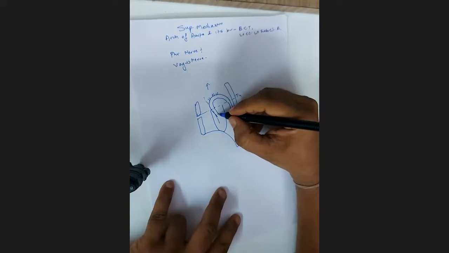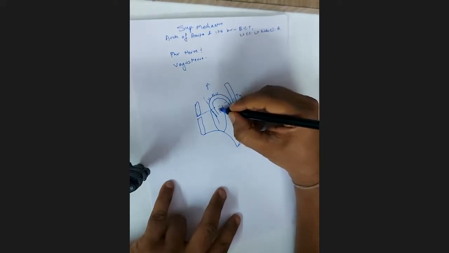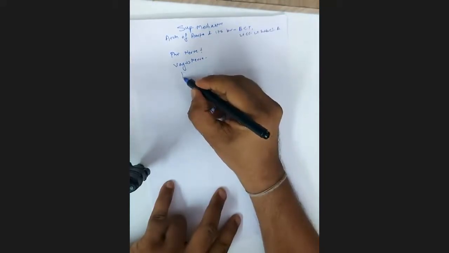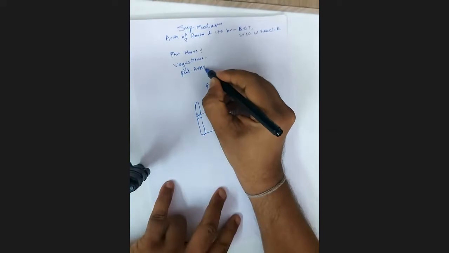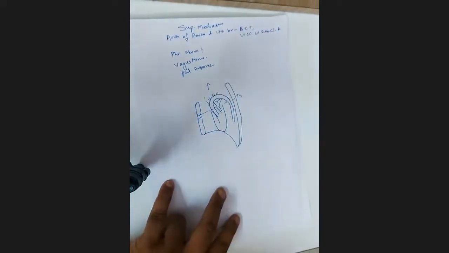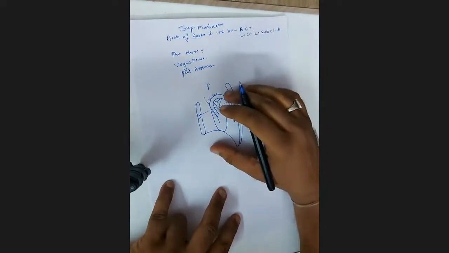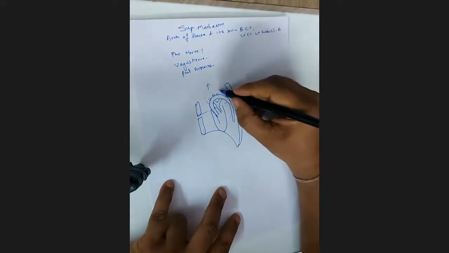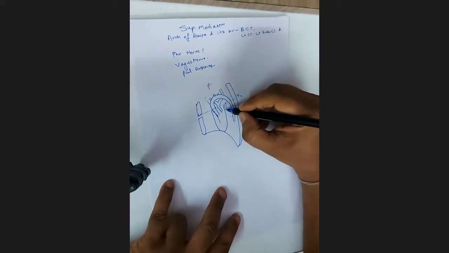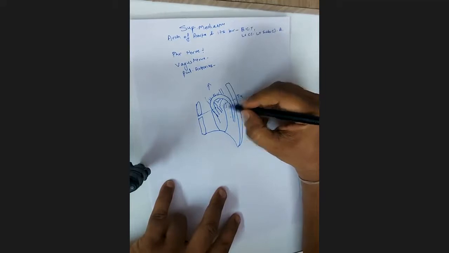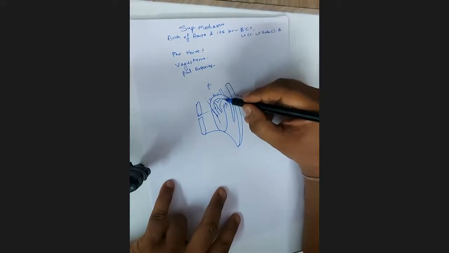Now, the ascending aorta is starting from the left ventricle. Starting from the right ventricle is the pulmonary trunk, which goes and divides into two pulmonary arteries. So again, the two pulmonary arteries will be the contents of the superior mediastinum, while the pulmonary trunk and the ascending aorta will be the contents of the middle mediastinum. Then there is the trachea, which is coming down, almost sticking to the posterior part of the fibrous pericardium and dividing. So we consider the trachea as a part of the middle mediastinum, but it is there in the superior mediastinum.